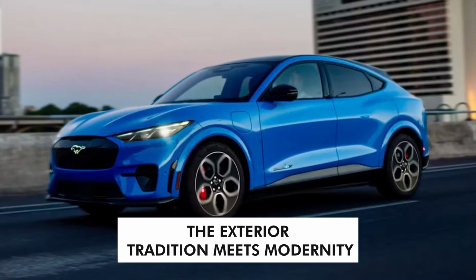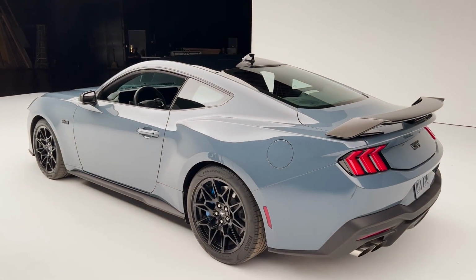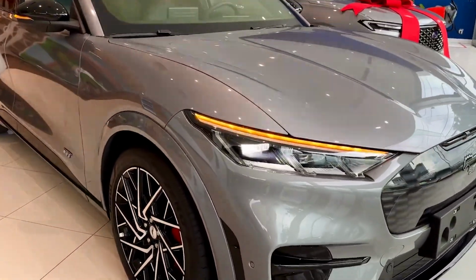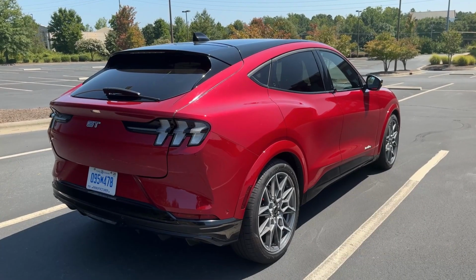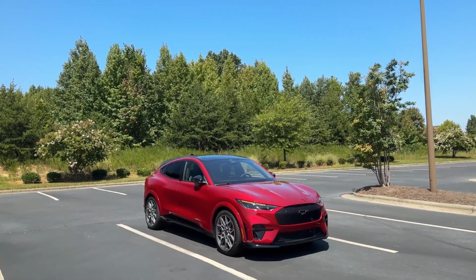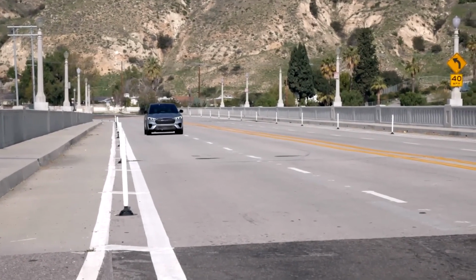The exterior. Tradition meets modernity. One of the most divisive parts of the Ford Mustang Mach-E is by far its polarizing looks. It's simple, you either love it or you hate it, and in our opinion, the hate for the Mach-E is unwarranted. Yes, some might say that the fact the Ford Mustang's namesake has been fitted to an electric crossover is sacrilege at its finest. But considering the fact the regular muscular V8-powered Mustang is still kicking, and kicking hard, we